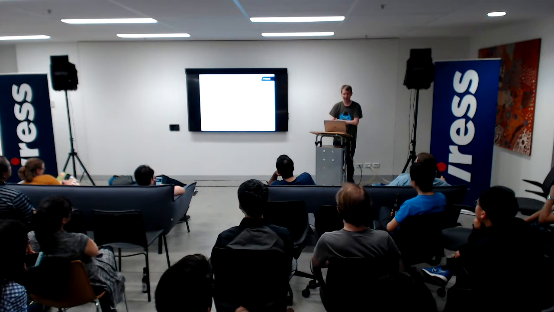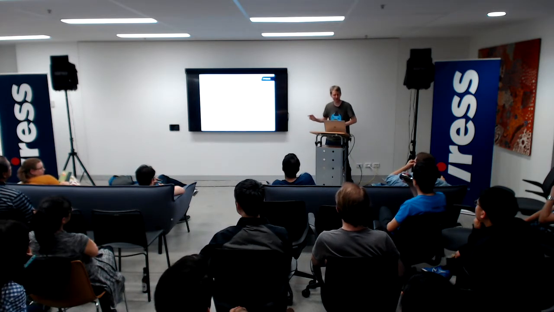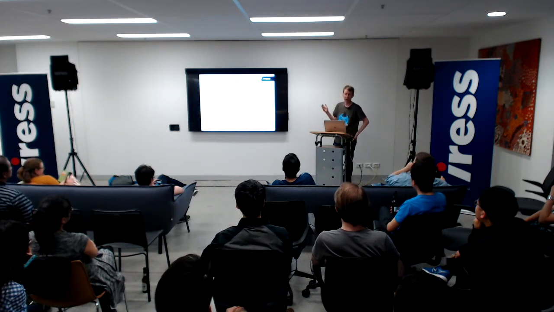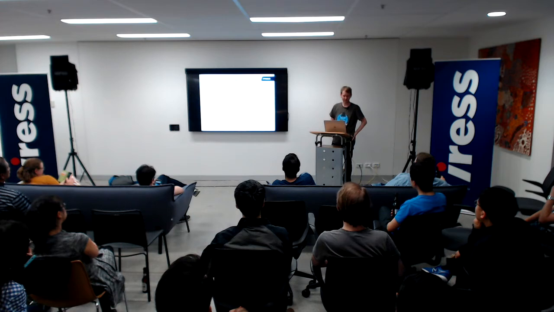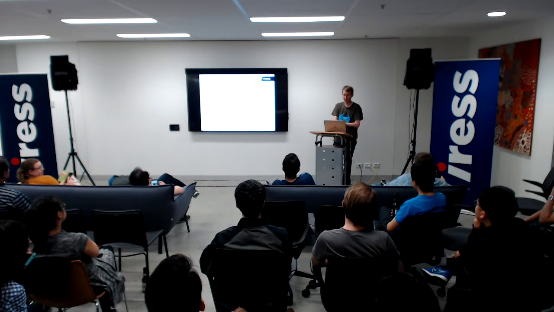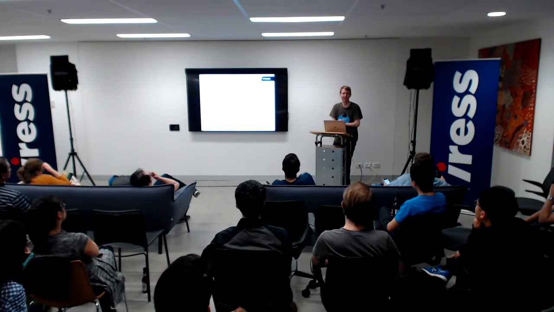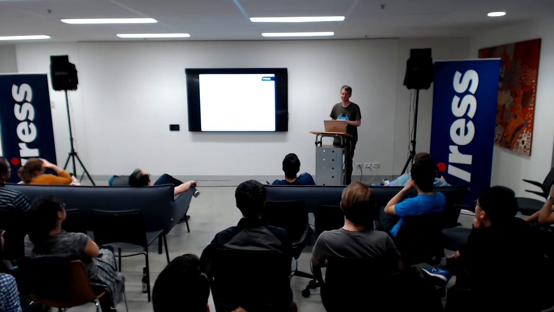So in the beginning, with traditional Unix, I think a lot of people here are probably familiar with that. You can use chown and chgrp to set the owning user and group of a file, and then you can use chmod, which essentially sets the permissions on a file. So you control read, write, execute permissions for the user who owns a file, the group who owns the file, and for everyone else. That's the permission model.